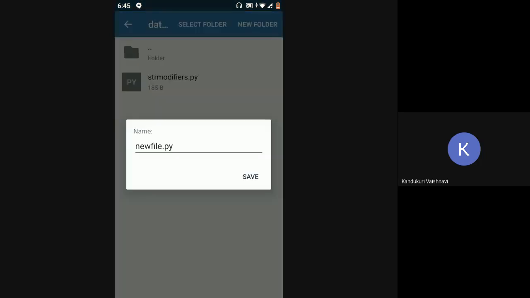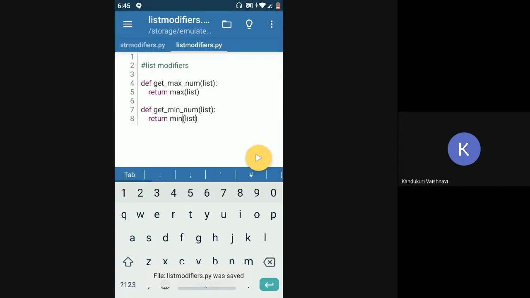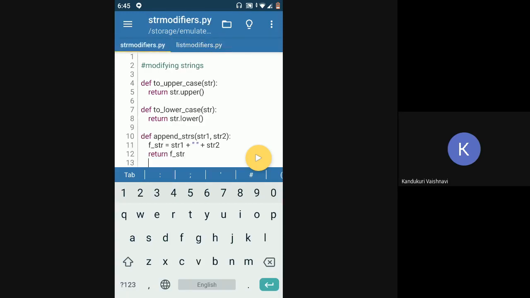So see, if you can see, everything is making sense here. I have a package called data modifiers, which will basically modify the data, and in that I have two modules called string modifiers and list modifiers. From the name itself you can find out the function of these files, right?